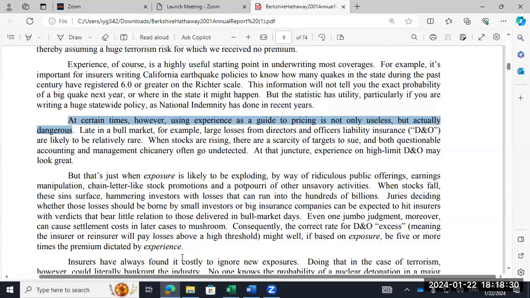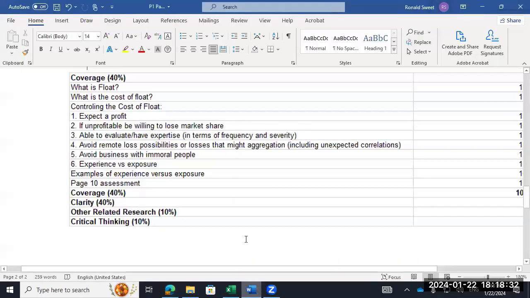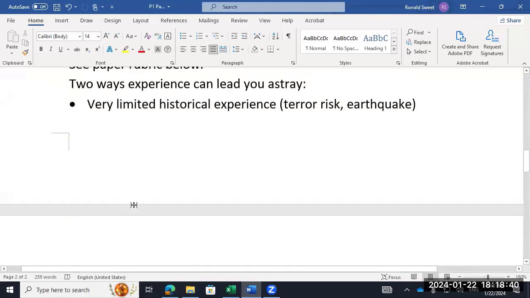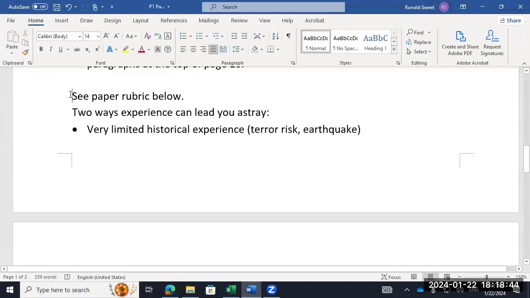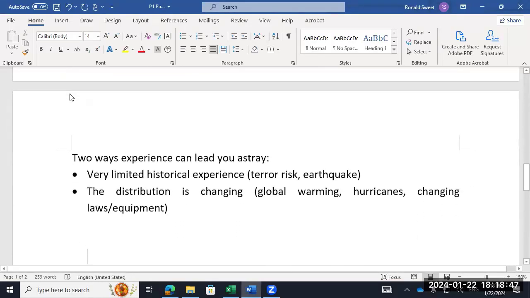So he gives some examples. So this is real key. Look at the rubric here. This is where students really have trouble. See this thing right after number 6? Examples. All right, so I'm actually going to go into it before we cover the rubric. So I'm going to cover this and I'm going to go back to the article because he doesn't do this well. He hints at it. And I think that's why a lot of students miss it in the paper.